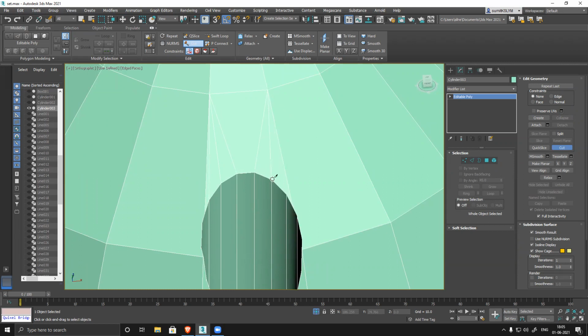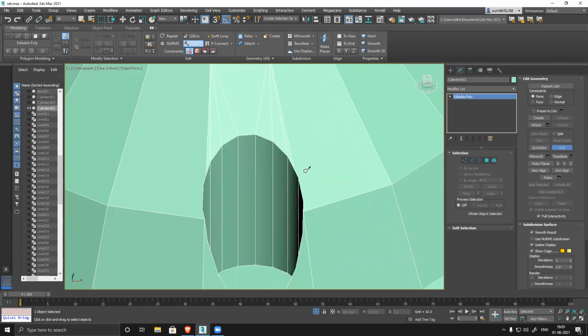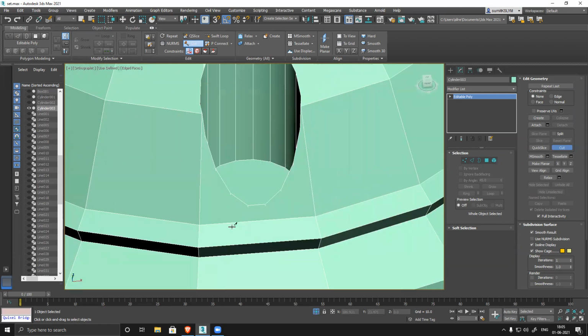This kind of shape, no matter what you do, there will be triangles because it's a really complex shape. This kind of complex geometry always has triangles, so that's perfectly acceptable.